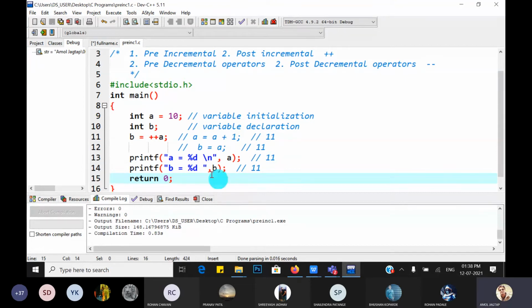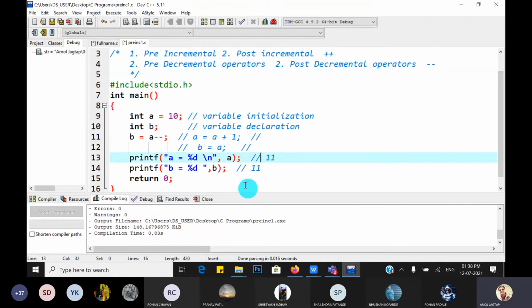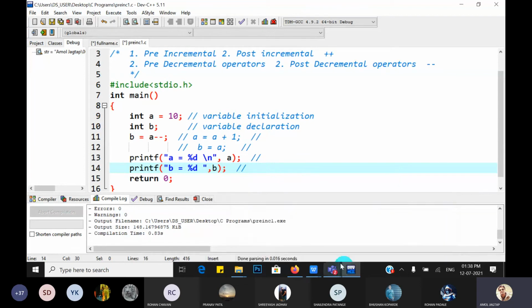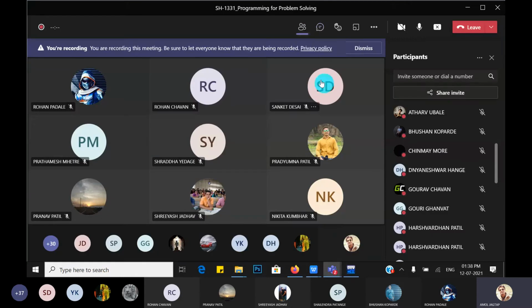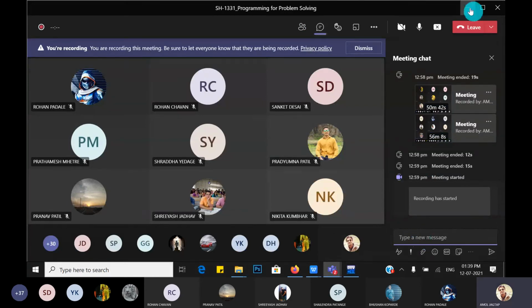Guys, hope you understand. Similar way, let's look at minus minus, that is the post decrement operator. Now tell me, what is the expected output of this program? Just guess and tell me, and write your output, the value of A and B, in the chat window.